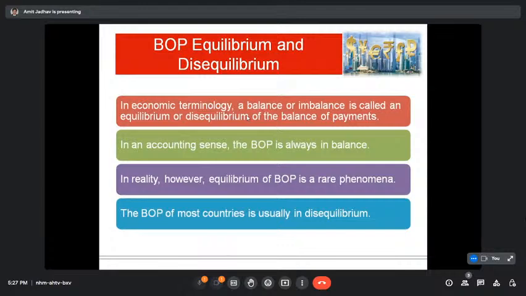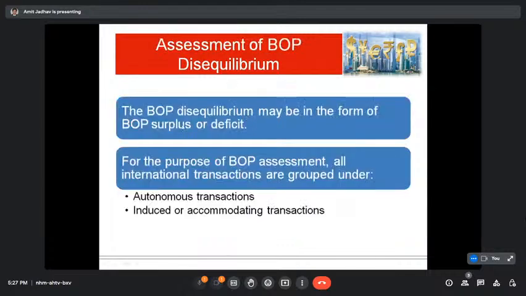In reality, however, the equilibrium of the balance is pro forma, and the BOP of most countries is usually in disequilibrium. When you think about the BOP, most countries are facing BOP problems, and that problem is a disequilibrium in the BOP. The BOP disequilibrium may be in the form of BOP surplus or deficit. So there will be some imbalance in the balance of payment because of the